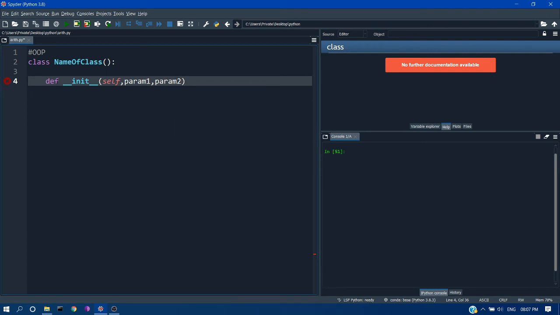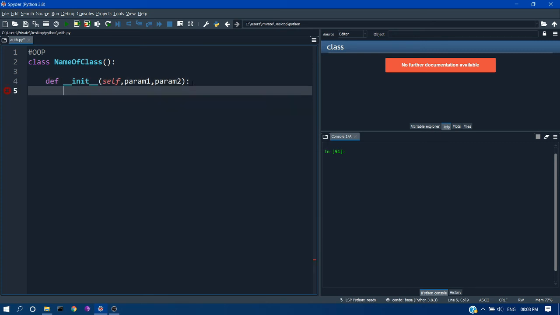This is the special method which allows you to create an instance of the actual object. Here you can see the self keyword and param1, param2, which are the two parameters Python expects to be passed to the object when you create an instance of the object. When you pass a value to this instance of the class, Python directly assigns it to self.param1 instead of assigning it to a global variable.